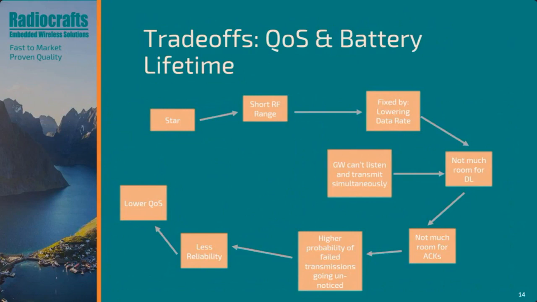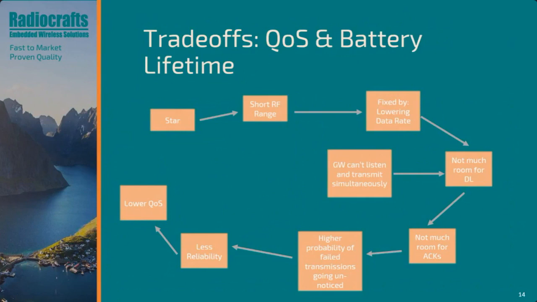To keep the battery consumption low, they have to fix that by lowering the data rate. And since the gateway can't listen and transmit simultaneously in star networks, this means that you don't have much room for downlink, which consequently means you don't have much room for acknowledgements,